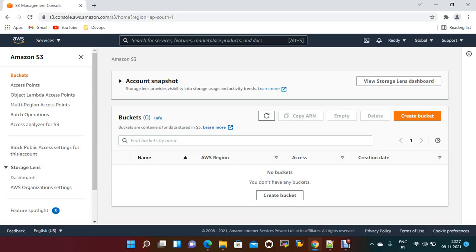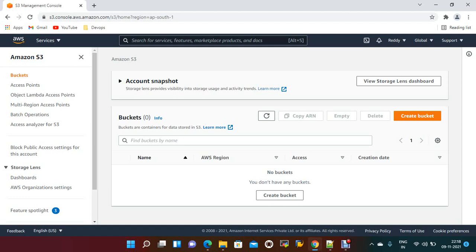Today we are going to discuss how to make a static website on S3. Okay, so we all know what S3 is. S3 is object-based storage, so you can upload files. The file size can be 0 bytes to 5 TB. There is unlimited storage you can store in S3. Okay, files are stored in buckets.